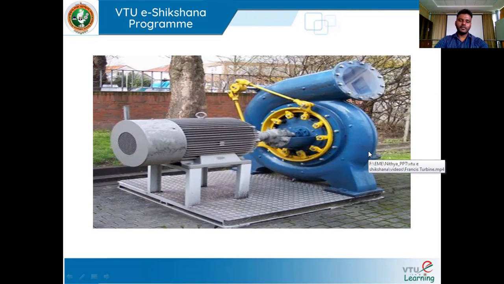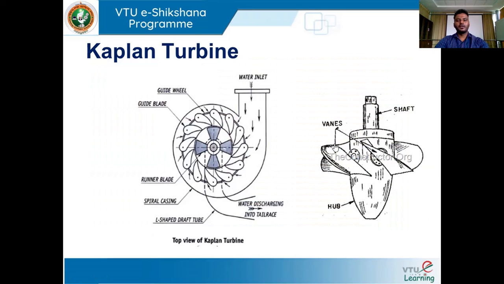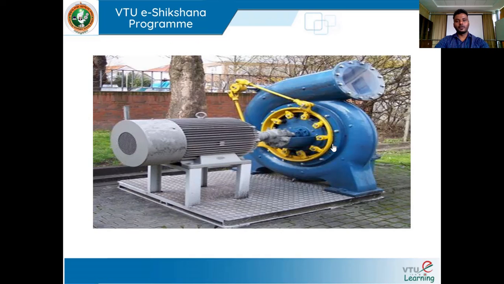Yeah, this is about a Francis turbine. So Francis turbine is a mixed flow turbine. So it rotates because of impulsive action of water as well as reaction force developed due to flow of water over a runner blade. So as I mentioned, this Francis turbine is used for medium head and medium flow rate application. So it is the most efficient turbine for generation of electricity.